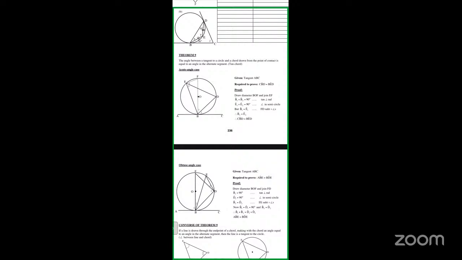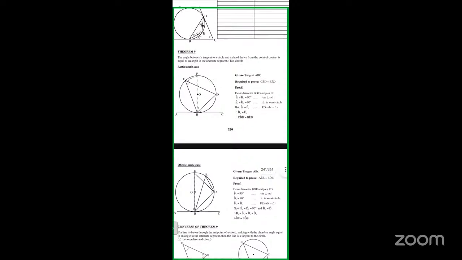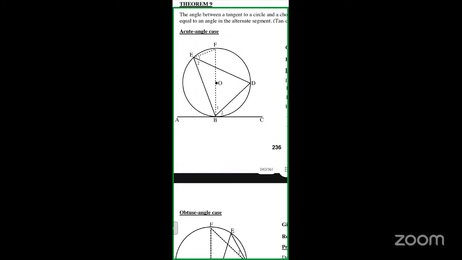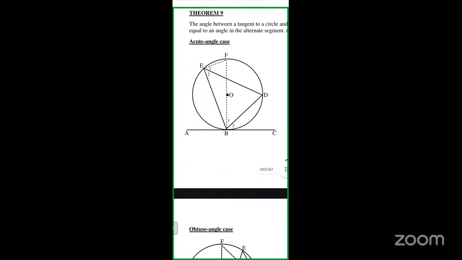I think you can get full marks with that. In this diagram, the theorem is stating that angle B2 is equal to angle E2, tan chord theorem, or angle ABE is equal to angle BDE, tan chord